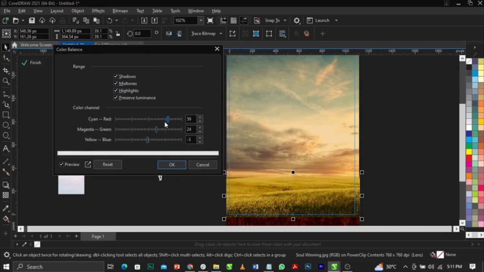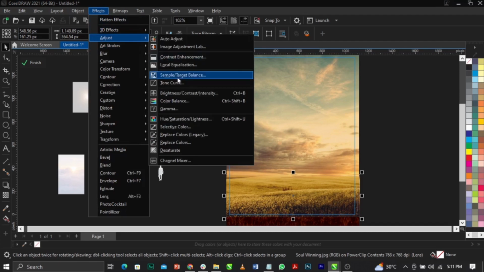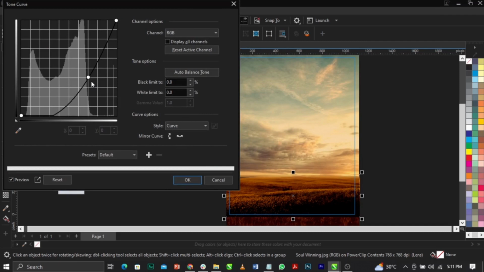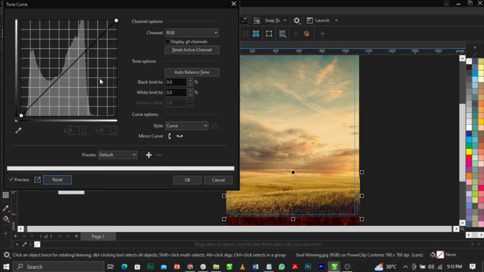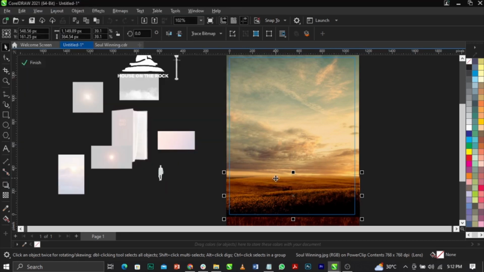Then you can basically play around it this way. All right. All right, so this is what you're gonna have. So click on OK and go to Effects, Adjust Curve. All right, so let us limit us to that this way. All right, so just drag it this way. Let me reset it so we can see it was like this. So click and drag it down here to have that shadow look there, and you can click on OK, and this is what you're gonna